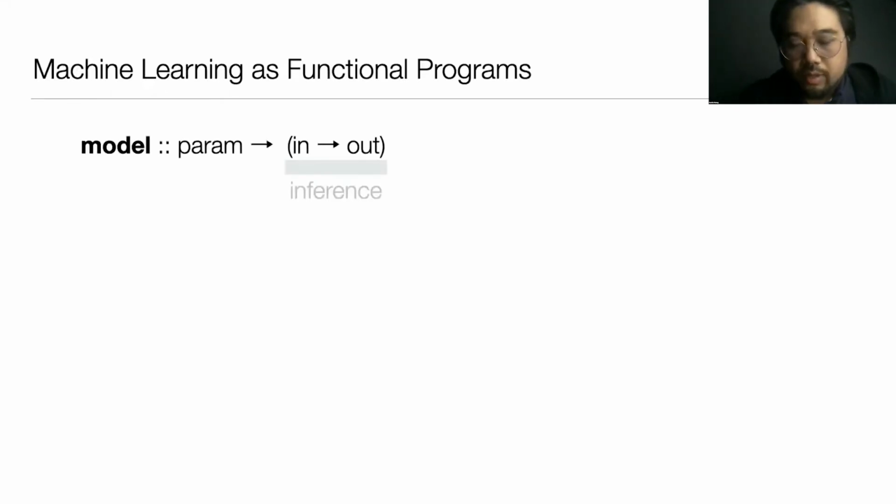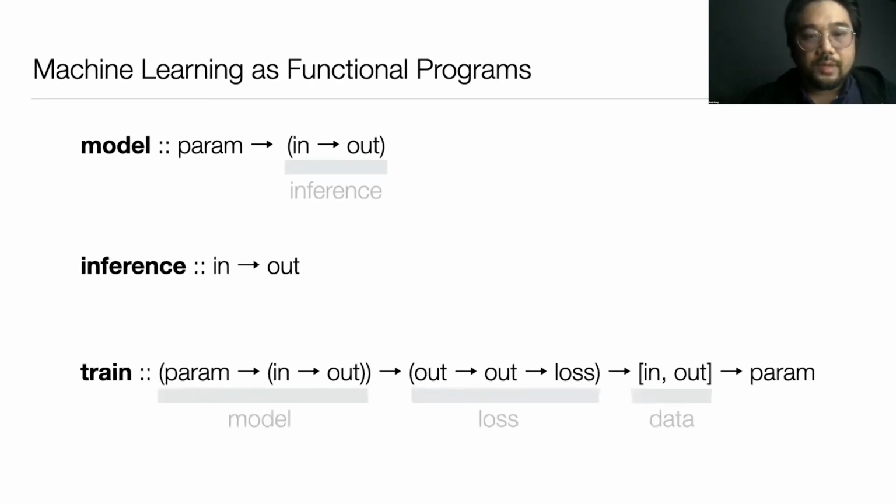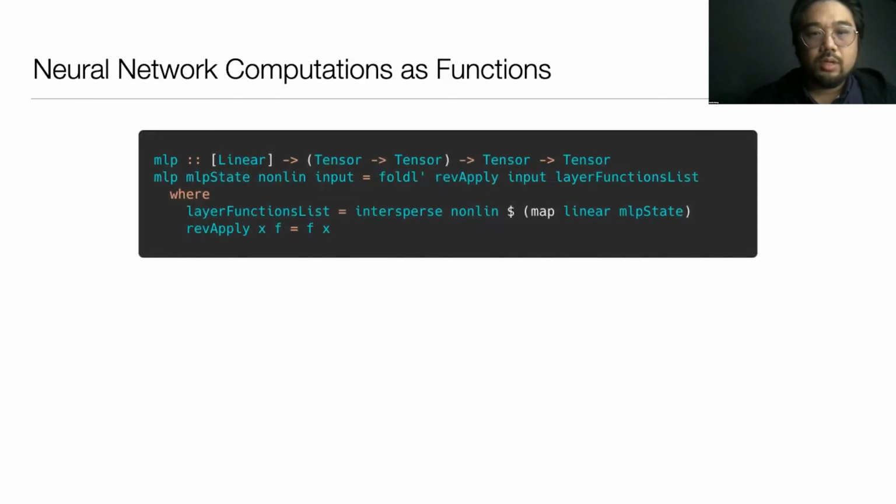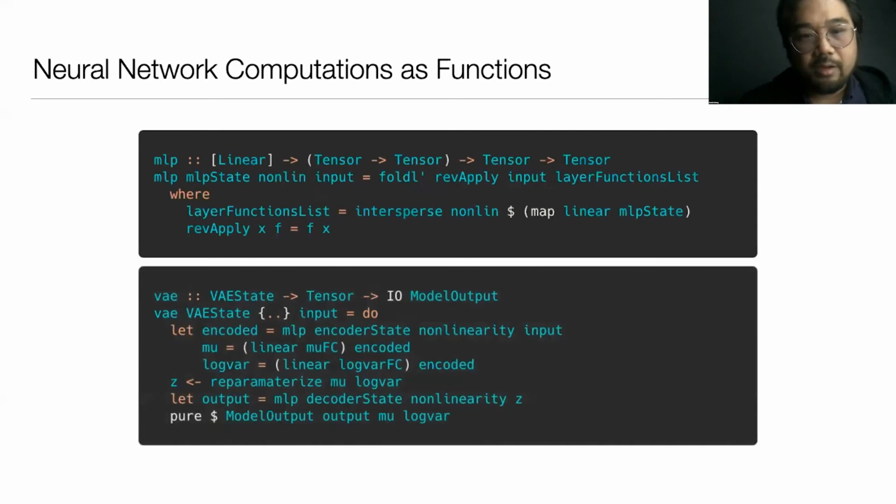So what does it look like to work with Hasktorch? Coming back to this view of machine learning as functional programs, we're able to have model implementations that look a lot like this conceptual model of machine learning. So for example, here is a simple MLP. These are basically stacks of linear layers. Really what you're doing is you just implement that exactly. And that first parameter there is the parameter state that gets passed in, and it returns a function corresponding to a multi-layer perceptron computation.